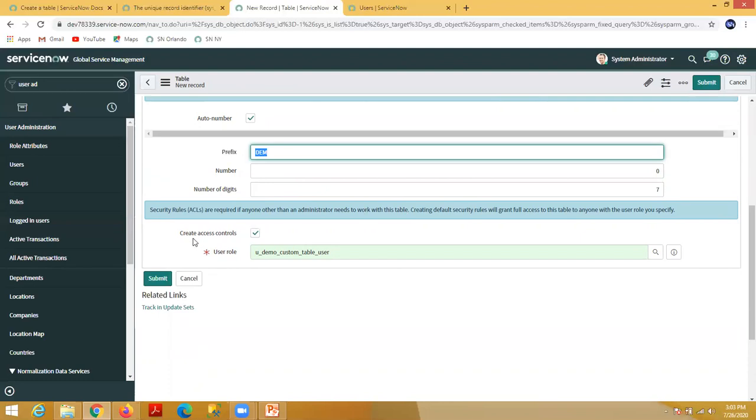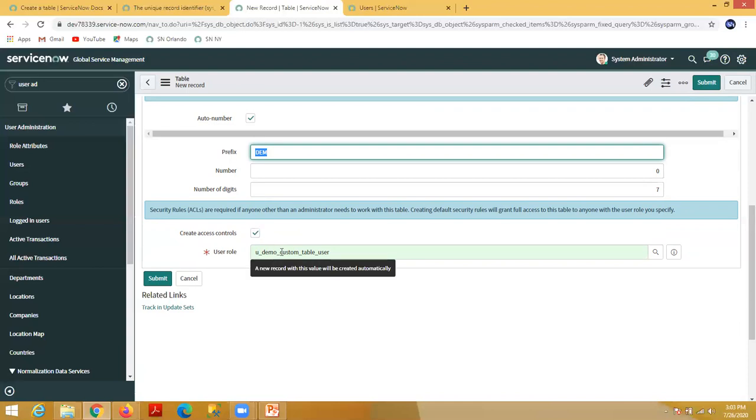Now this is the create access control rule. We will discuss it in detail when we discuss ACL, access control list. But just for understanding purposes, if you create a new table, there is one facility available. You can associate default access control rules on your custom table. Based on that, you can control who can read the table, who can write inside the table, and who can delete records from the table. Such accessibility you can control with the help of this ACL.